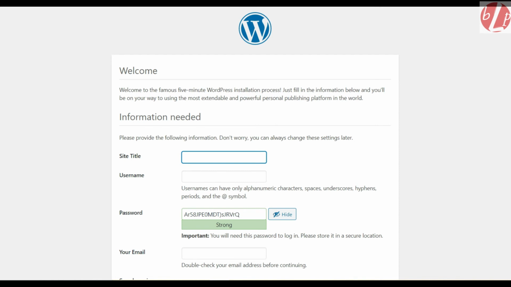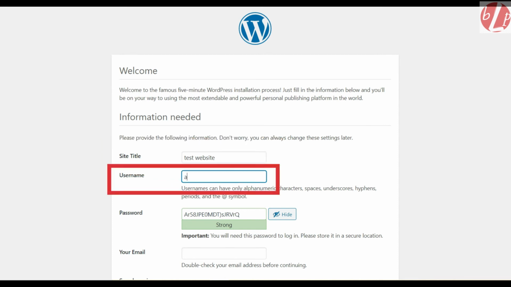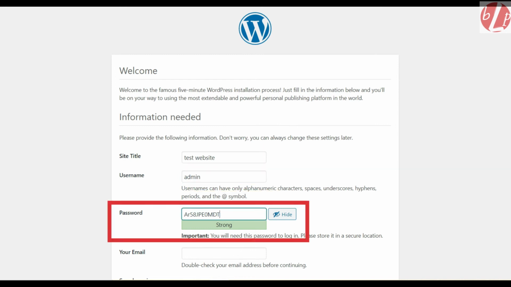Now you need to enter the details for account creation in WordPress. Site title will be name of the website. Username can be admin. You can create password of your choice and it can be changed later on.